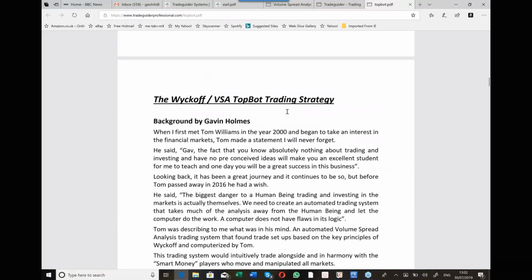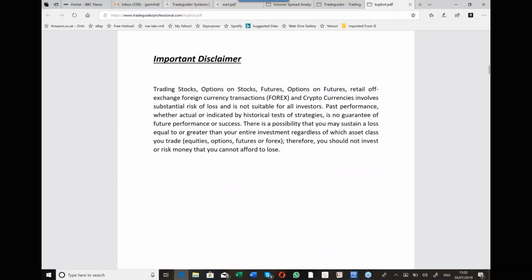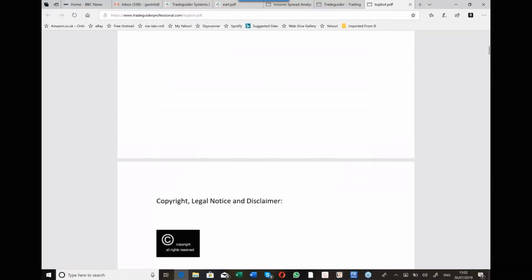Now, as I move down the strategy, you'll read the background. I'm not going to read it now because we want to get to the charts. Of course we do. But please go and download the document. Read the logic behind it. Understand why we're looking for these climactic volume bars. And then let's go straight to the charts. Okay, so you can download that. Very straightforward. I'll just put it up into the room here.